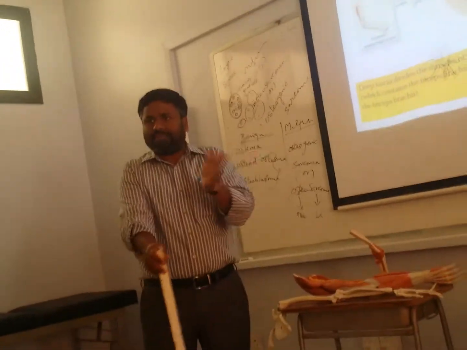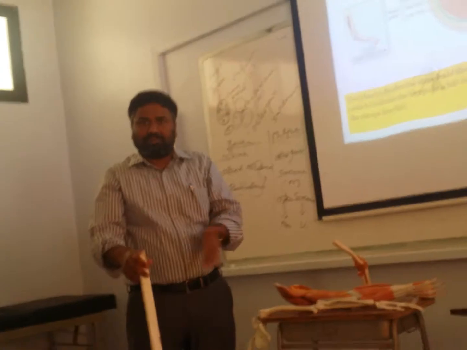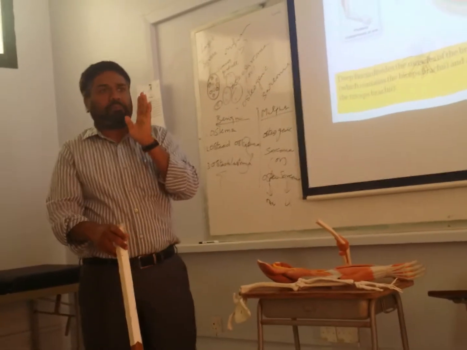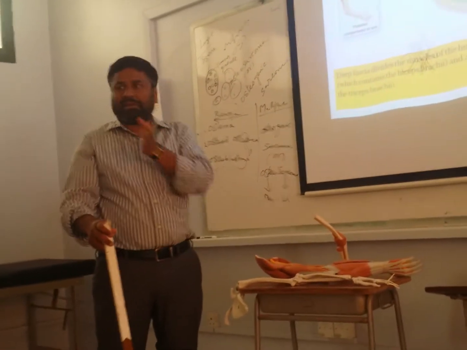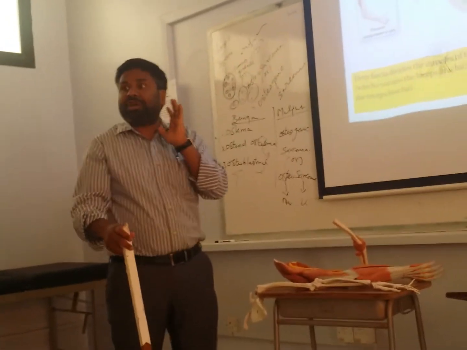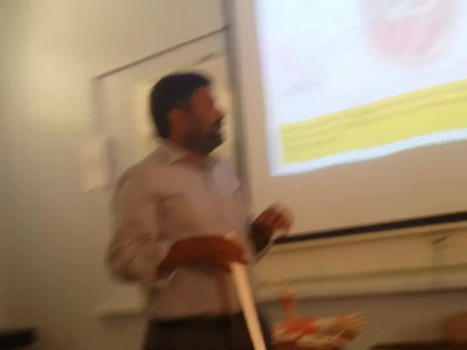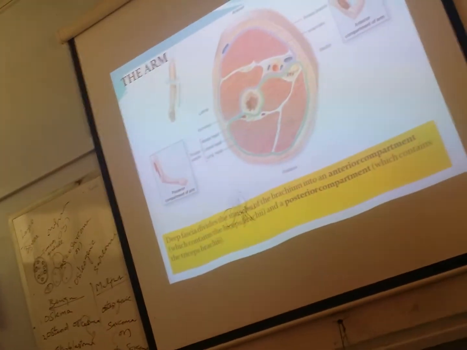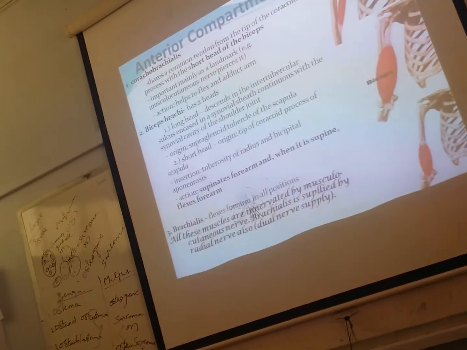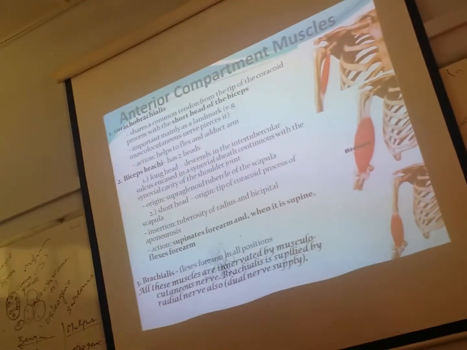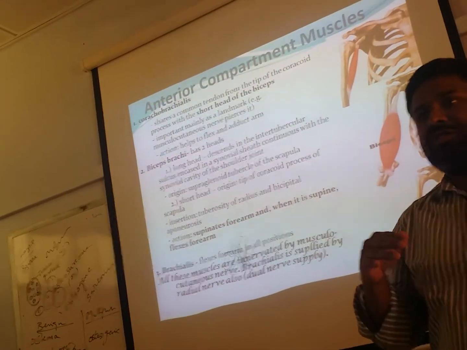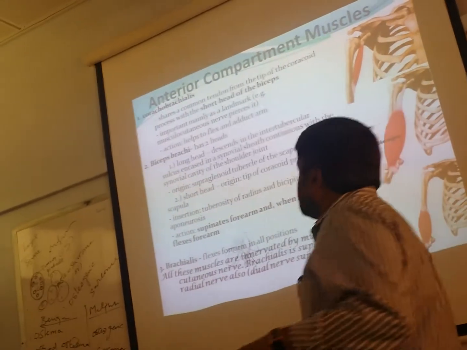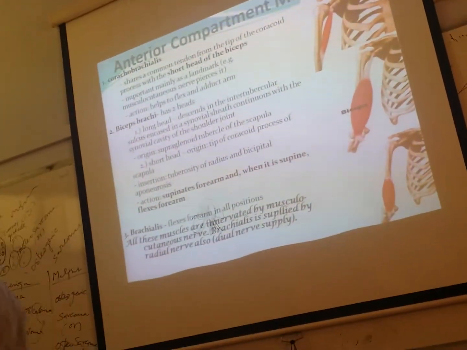So anterior or the flexor, posterior or the extensor. Similarly all parts, even in the leg also. Thigh, leg, they are also divided into anterior compartment, posterior compartment, medial compartment, lateral compartment, like that, by the fascia. So let's study the anterior compartment first. So the anterior compartment, as you all know, beneath the deep fascia you have many structures. You have muscles, you have vessels and nerves. Okay? So first let's learn about the muscles which are present in the anterior compartment.